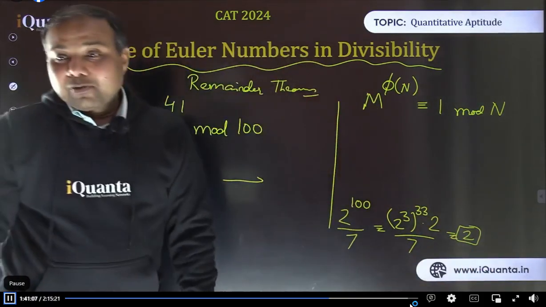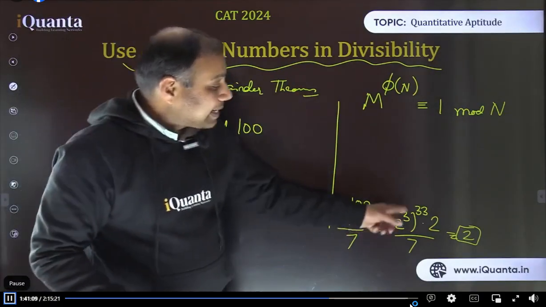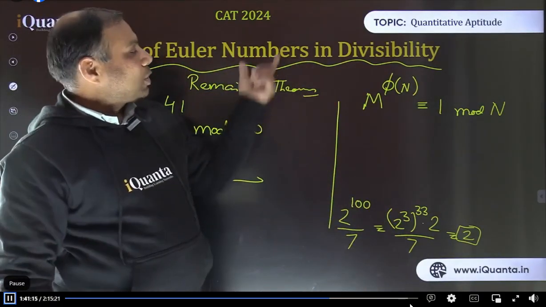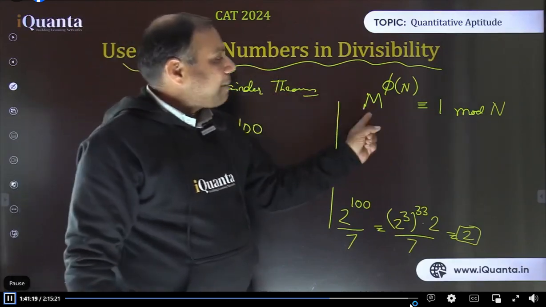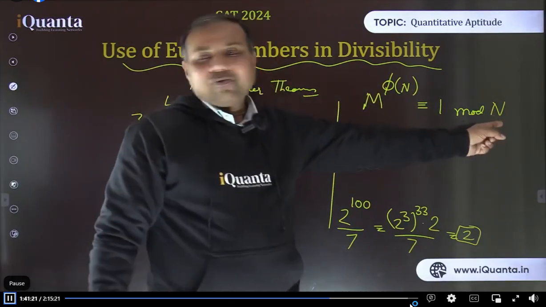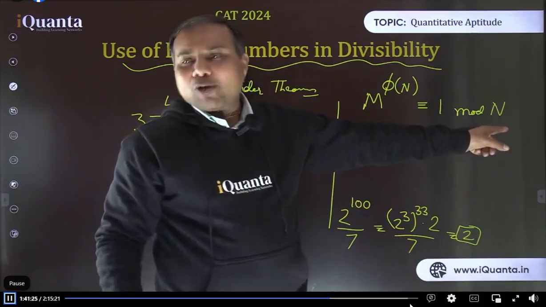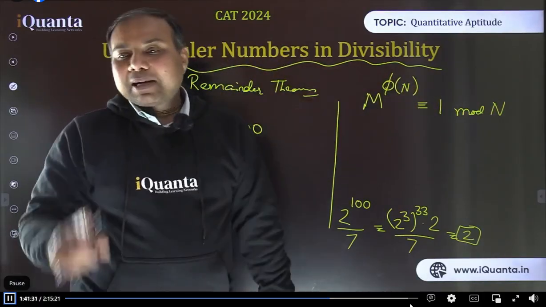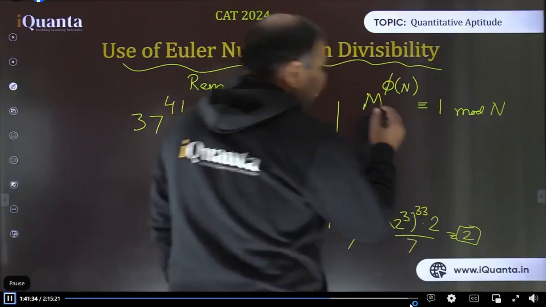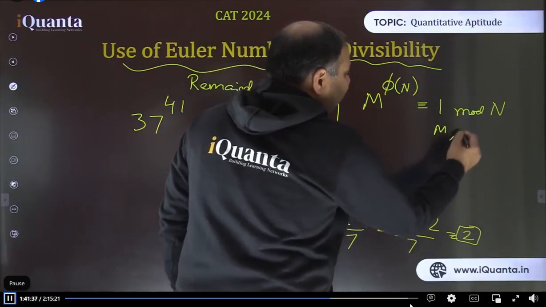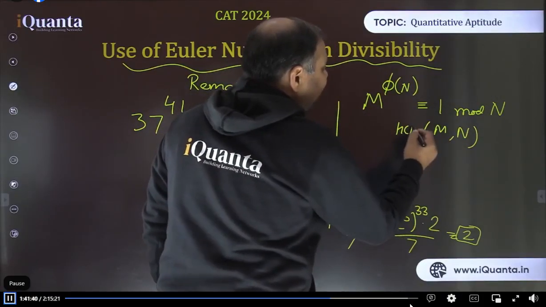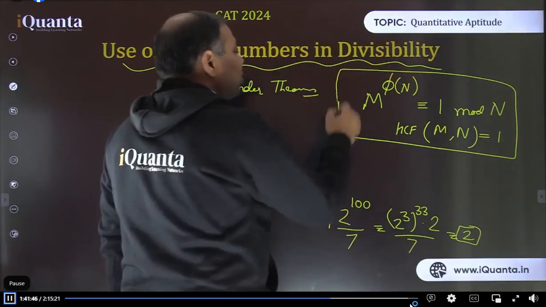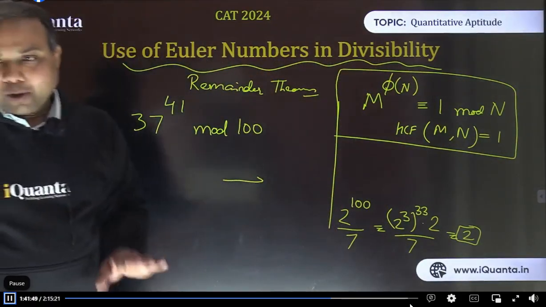So at that time we bothered about how to figure out at what power the remainder 1 will come. That is going to be found by using this remainder theorem, Euler's theorem. It tells us that m raised to power phi of n will give remainder 1 with the divisor n. So whenever we divide by n, where n is any divisor, find out phi of n, and that power will certainly give remainder 1. But here is one small condition: m and n should be co-prime. That means their highest common factor should be equal to 1. That is the important theorem which we are to understand, remember, and use now.